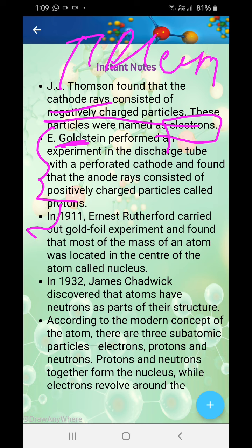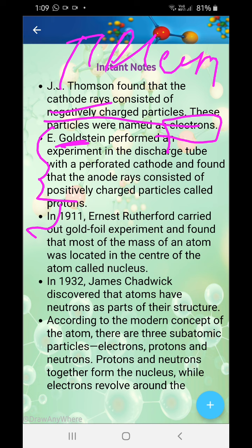What did he find out? That there was a concentrated mass in the center, which is a very very heavy mass, and a strong force acting over there. Particles which repel would be attracted together. What did we see? Same poles repel each other. All those repelling particles are brought together by a strong force, and now they are tightly held, and that's what Ernest Rutherford found out for us.